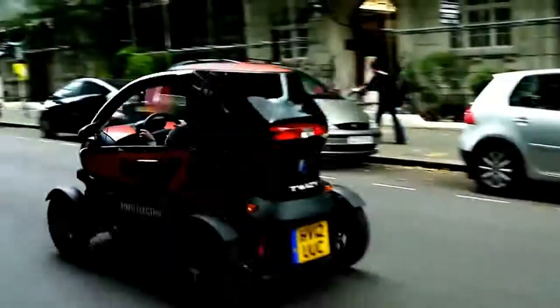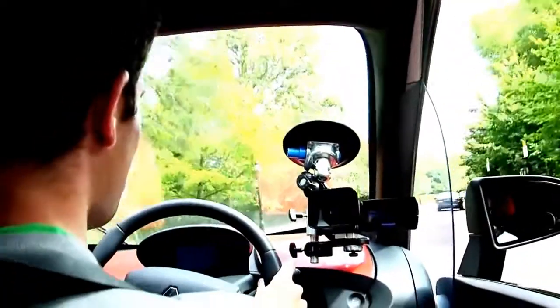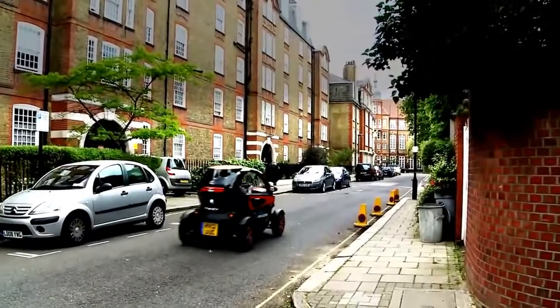Driving the Twizy feels quite strange at first. This version's actually got the optional £550 doors, but there are still no windows, so you're quite exposed to the elements, and you'll need to be prepared for plenty of attention. But luckily the controls are really simple. There are no gears, so it's just accelerate, brake and steer, and you'll soon be zipping in and out of